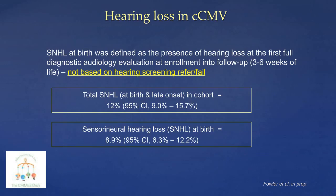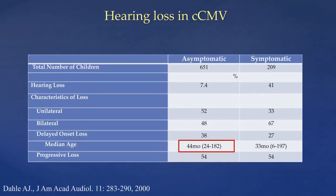The next few slides are additional data looking at hearing outcomes in congenital CMV, and this is probably one of the largest described populations of hearing outcomes. So this is a cohort of over 800 children who were followed long-term for hearing outcomes. And overall, and among the symptomatic infants, 40% developed some sort of hearing loss, and among the asymptomatic infants, approximately 7 to 10%